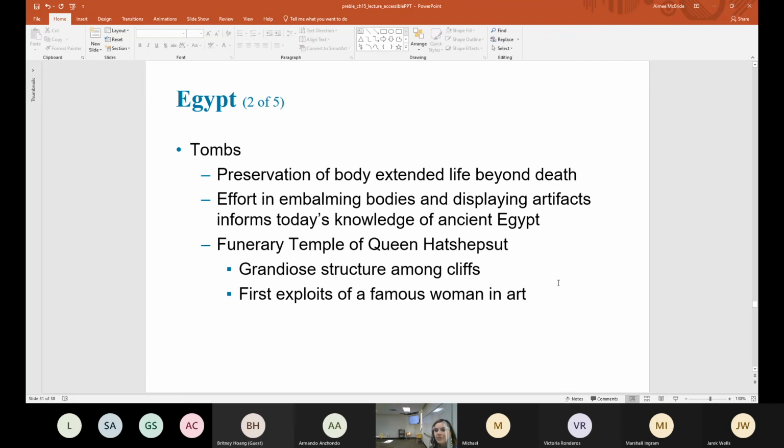Something that happened, though, was a trend of pharaohs not wanting to make pyramids. That starts around the time when Queen Hatshepsut,